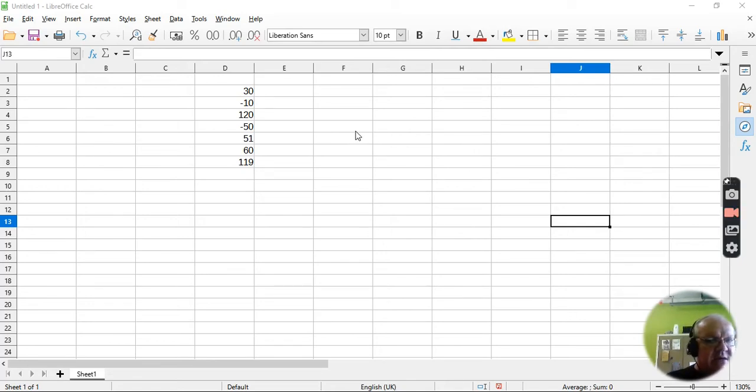Welcome back. We're looking at spreadsheets, and I want to look today at conditional formatting again using LibreOffice, free open